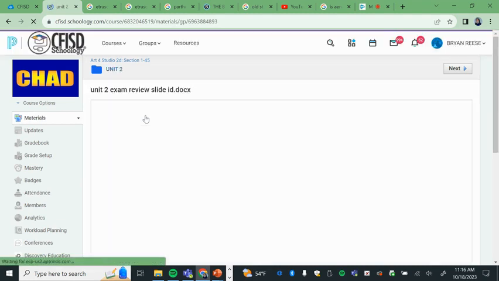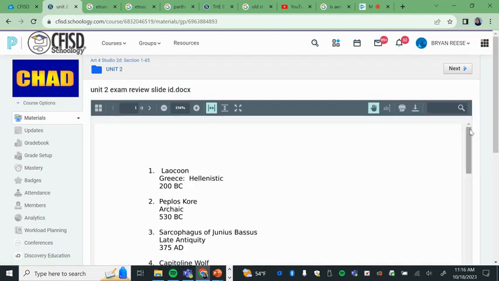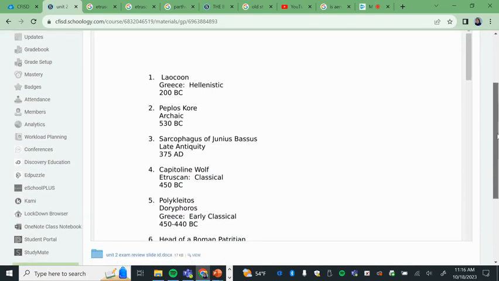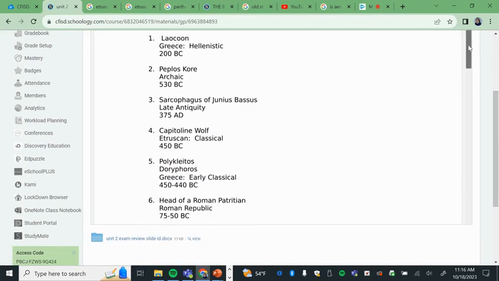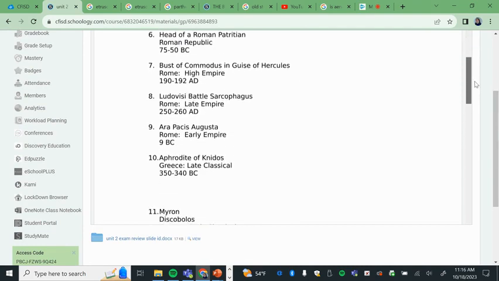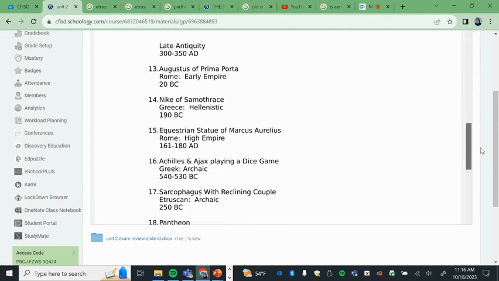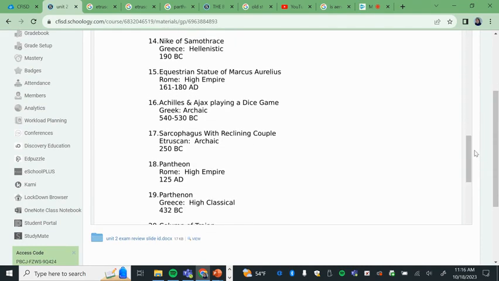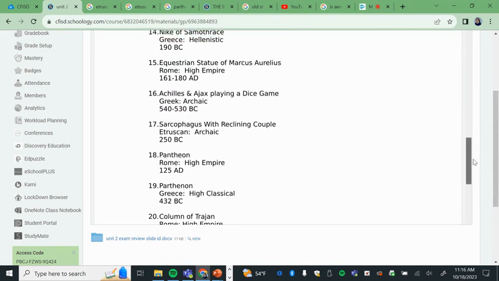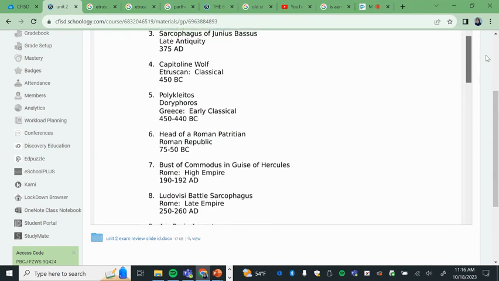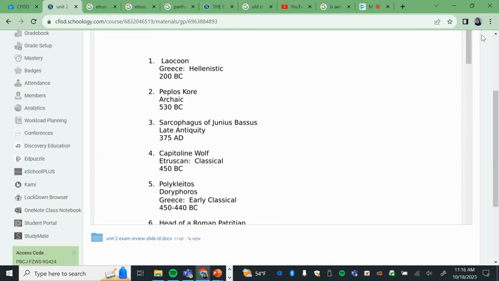All right, and then let's first go to the slide ID. Real easy. You guys know how this works. There are 20 works of art that I want you to memorize. So therefore, you need to make flashcards of these 20 works of art. And it is just rote memorization. And on this part of the test, I'll show you 5 works of art